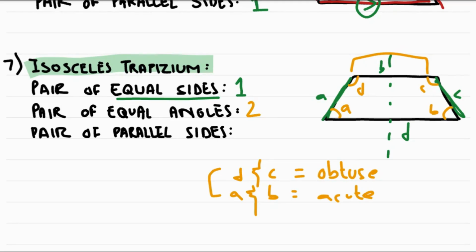About parallel sides, now let's show that with another color. So this side D and side B would be parallel to each other, whereas side A and side C will not be parallel to each other, because we see that if we extended them, there would come a point where these both intersect each other, right? So we only have one pair of parallel sides, which is this and this, side D and side B, right?